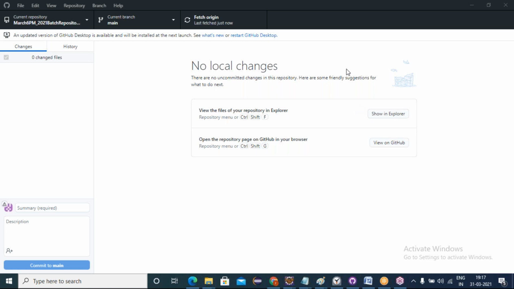From tomorrow you join, madam, 5 p.m. Otherwise you'll get the recording. But those classes are already over, so what will I do for the already done classes? You'll get the recordings, madam. Have you done the payments, madam? Yes, I will today. I'll take the email IDs of the new people who have done their payments and I'll share them also.